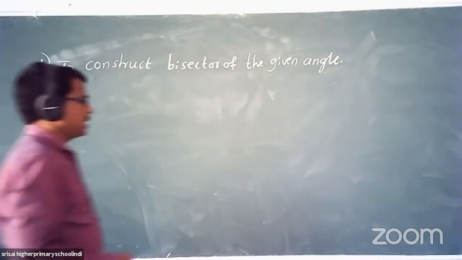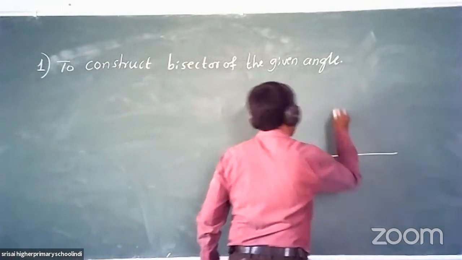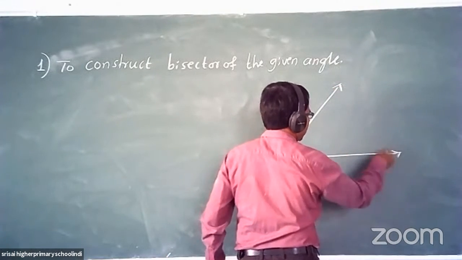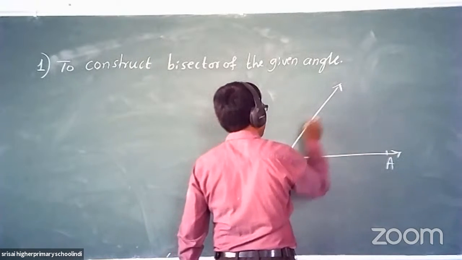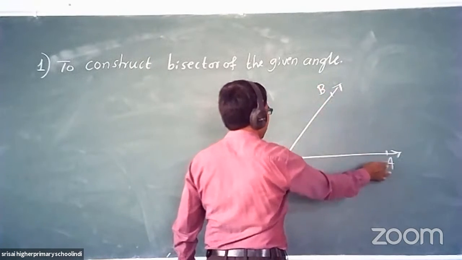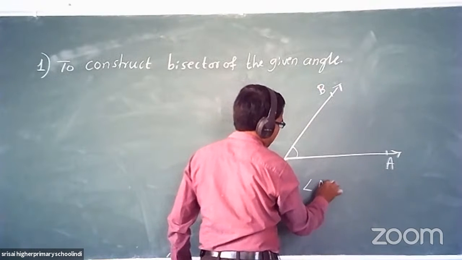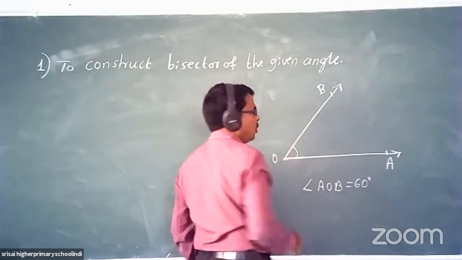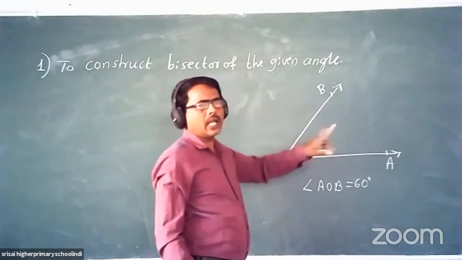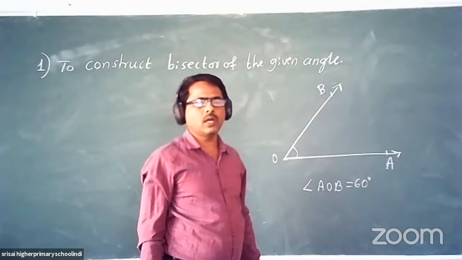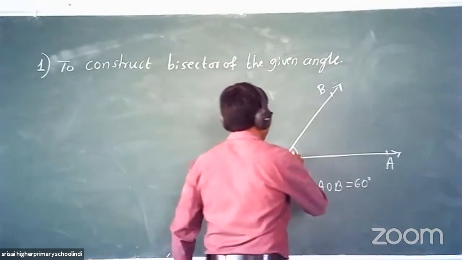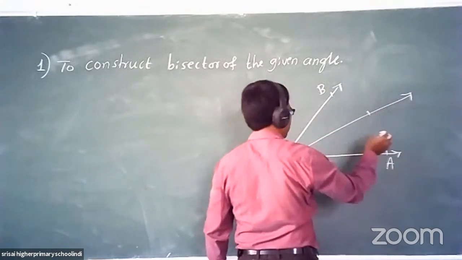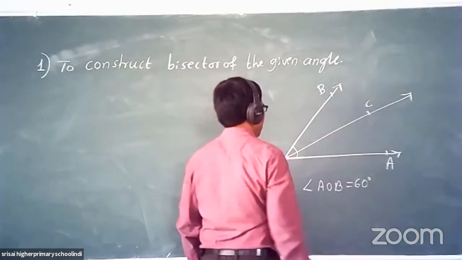With a rough diagram, I'll explain to you. For example, if this angle is AOB, and angle AOB is 60 degrees, then the line which divides this angle into two equal parts is called the angle bisector. For example, if I draw one more line, say ray OC,